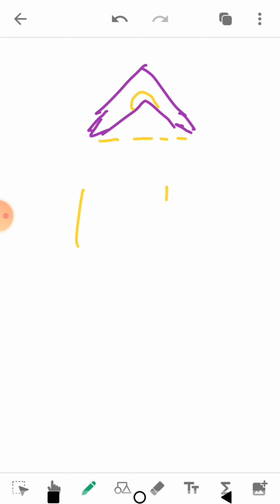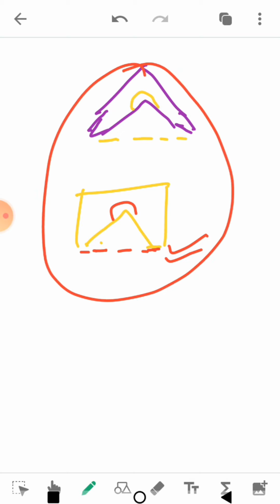Now next, in that case, this red marked angle is greater than 180 degrees and this diagonal lies outside the polygon, and that's why it is a concave polygon. Okay,